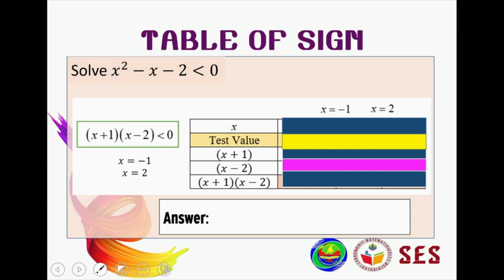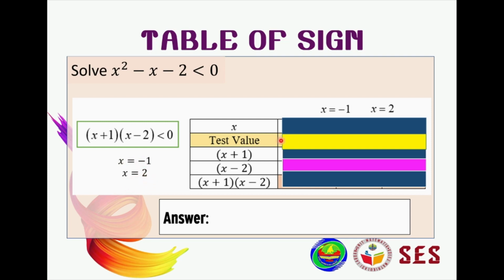First, you are going to get a question like this. Any quadratic inequality, so you need to rearrange and factorize it. The final product of factorization must look like this. The left hand side is the factorized quadratic, and the right hand side must be 0, no matter what the direction is. So -1 and 2 you will get from the factorization. I'm sure you all know how to get this value: just let it equal 0.